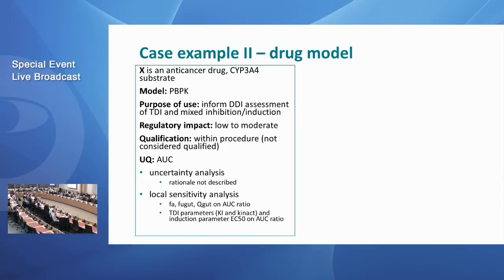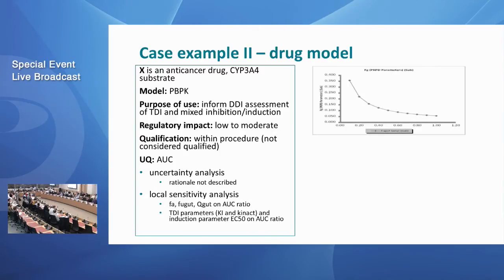And again, it's not to go into the data, but this is local sensitivity analysis exploring the impact of varying the FU gut on the fraction FG of the substrate. And I think it helps to submit this kind of sensitivity analysis because it helps the regulator to understand the properties of the model, and it helps us to have an explicit discussion around the confidence in the models. And of course, with the high impact procedures, this is more important than the other ones, but this helps